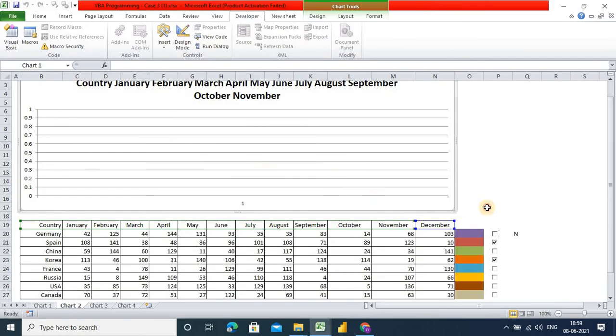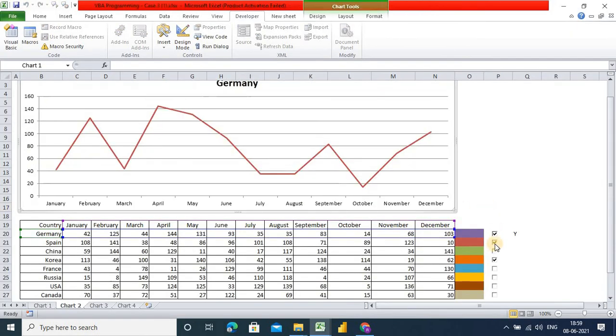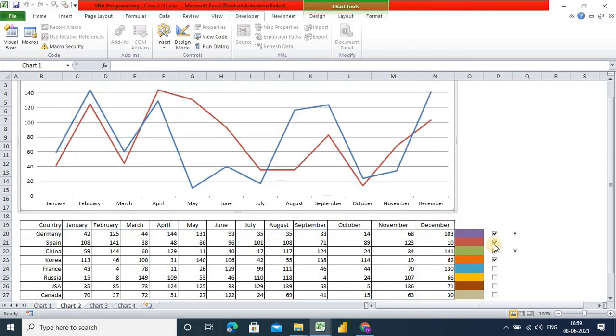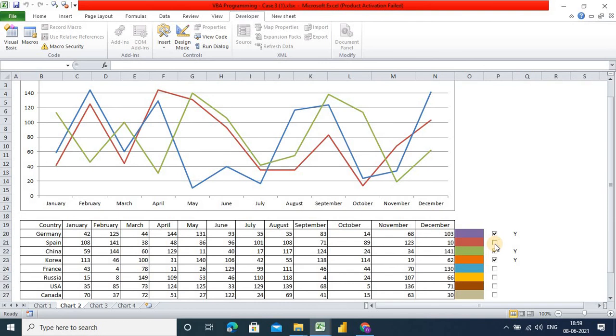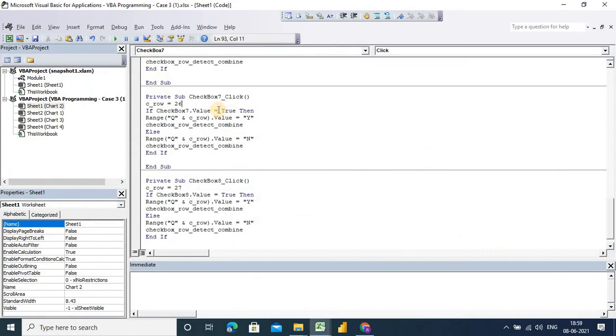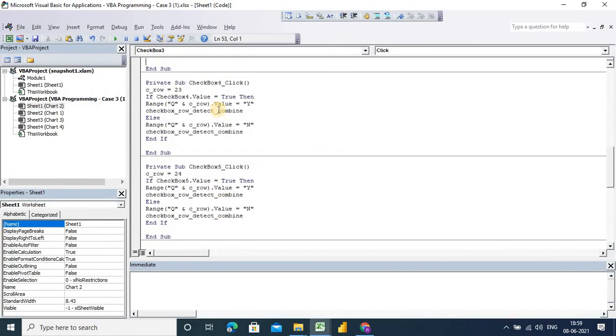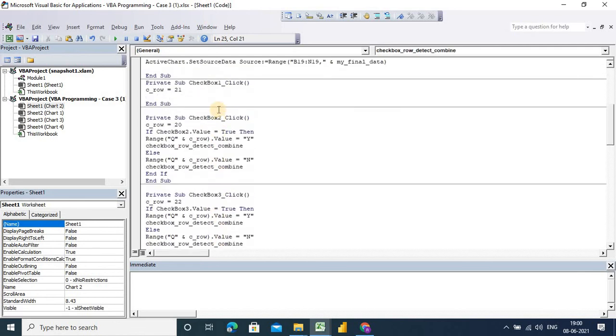Let's check this. So I should remove this first of all. I think in checkbox 21 we have not changed something. There is a 21, 21, 21. Yeah, that one. So that's why.